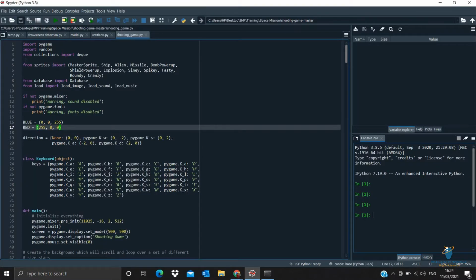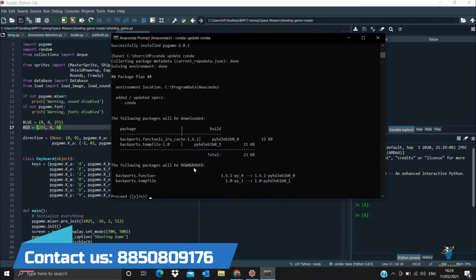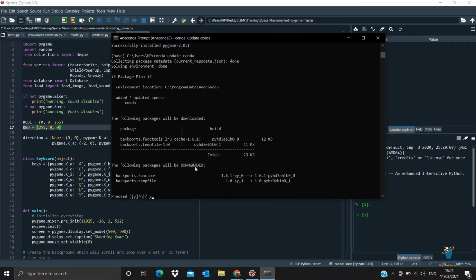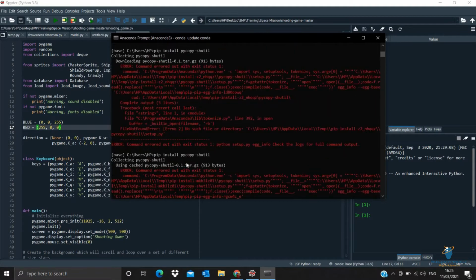And for that, first of all, we will be importing some libraries. The libraries which we will be importing here are Pygame, which is a Python game library, and then second is random, basically to generate random numbers or random plays, and then we will be using collections. To download these libraries, you need to open your Chrome tab and just search for a normal statement, that is